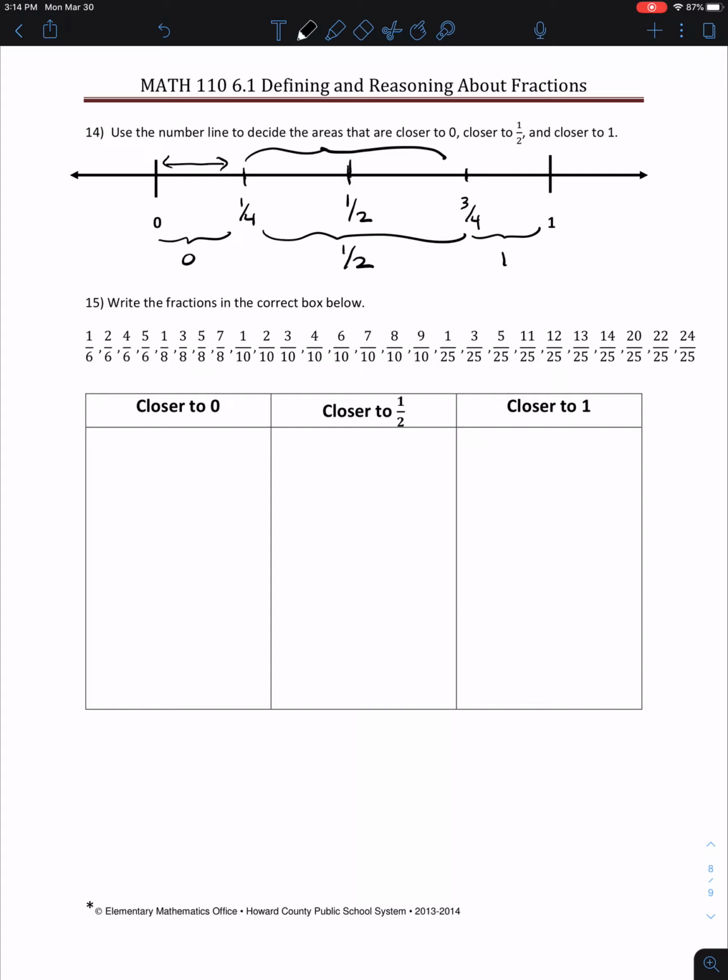So again, using that, what we want to do is decide where all these different fractions live in the box below. So 15 I'm going to probably do as our exit ticket or something like that. So I'm going to let you do 15 on your own. Again, use what we've done above as a model to decide which one would be closer to the other. If you have any questions or anything like that, post it to the team site, post it through Remind,